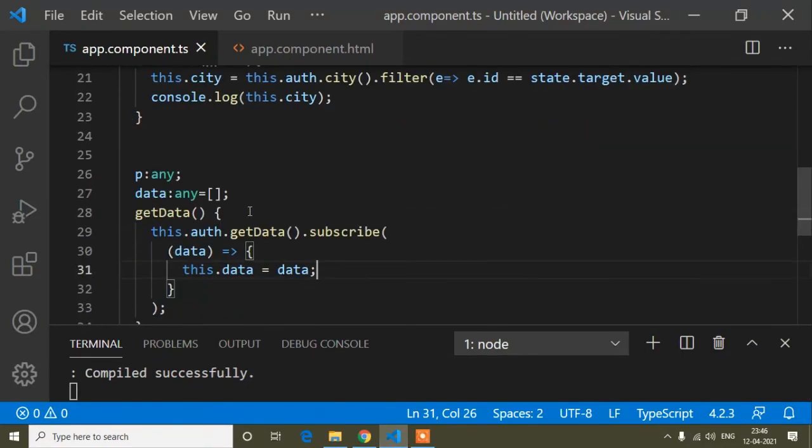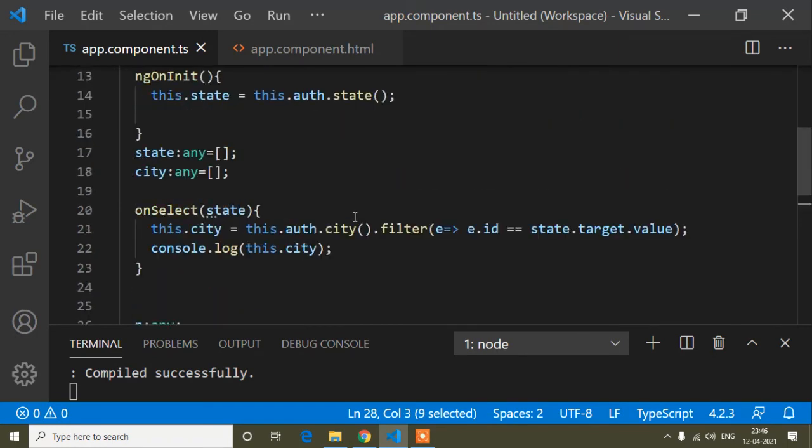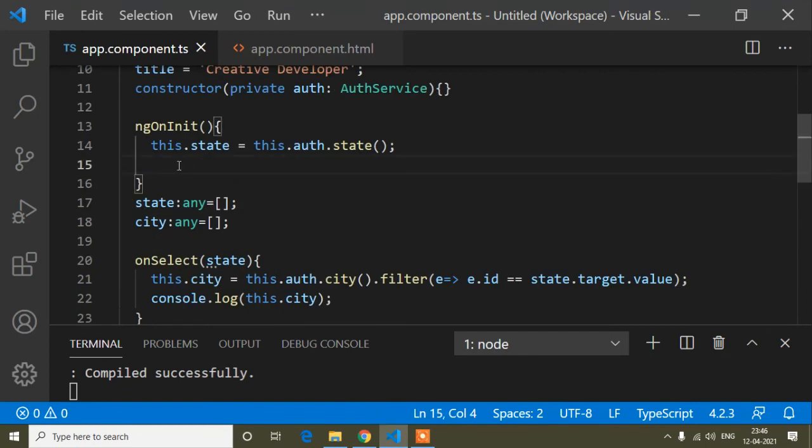Okay guys, one thing I have missed here, that is this get data. I use this method but I did not call it. So this get data method you have to call inside this ng on init method.